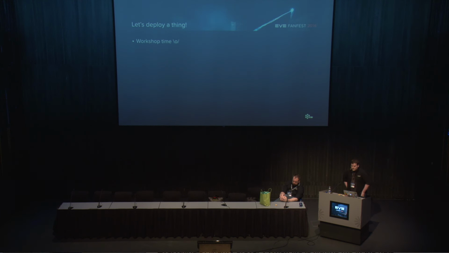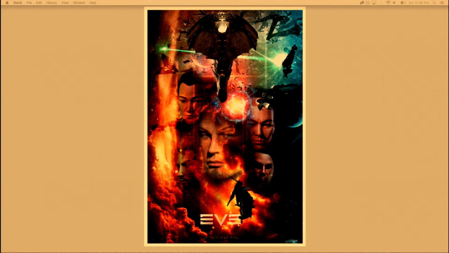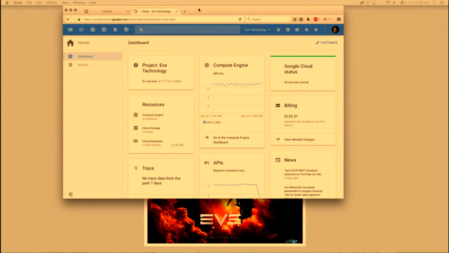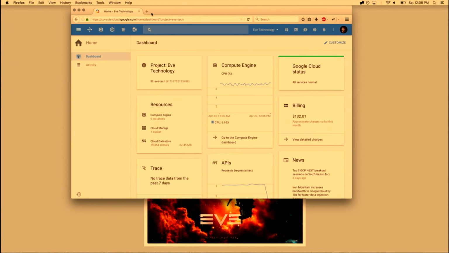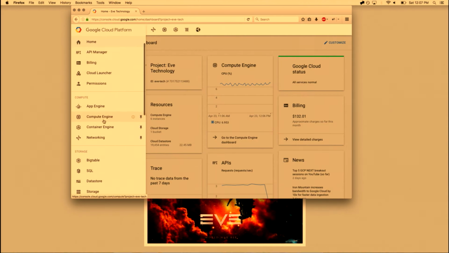So without too much further ado, we're going to do a little bit of live coding, and we're going to show you just how easy it is to spin up a new cluster, what's involved. So this is the Google Cloud Console. If you go to cloud.google.com, you can sign up for this. Then on the side here, you just go down to Container Engine,